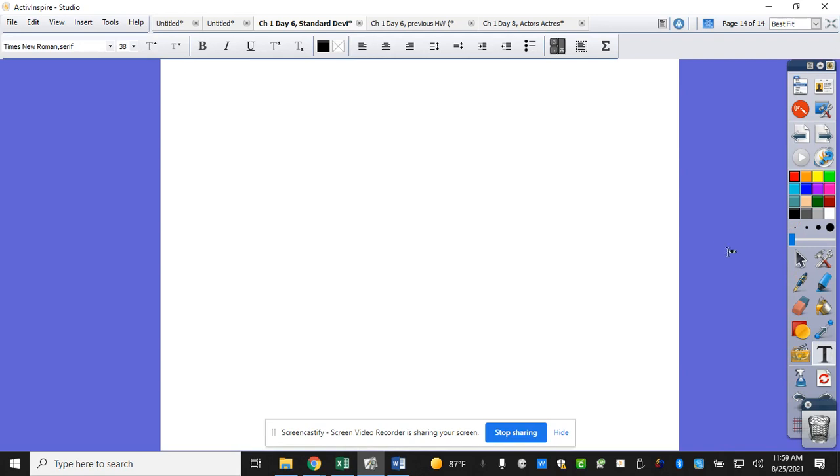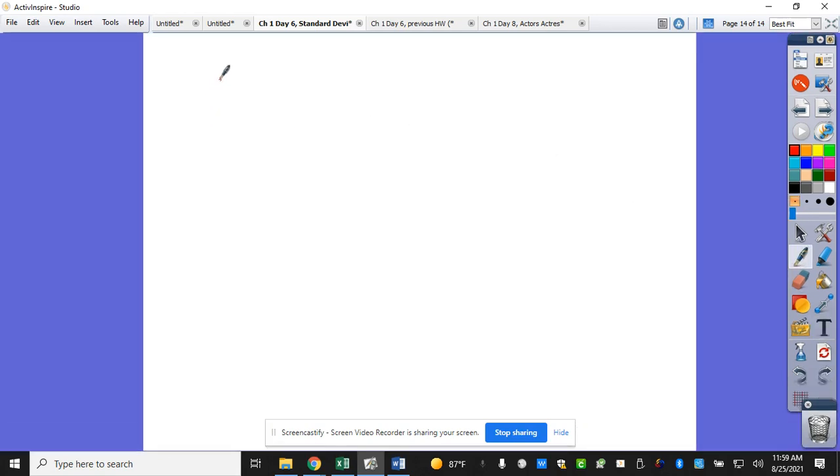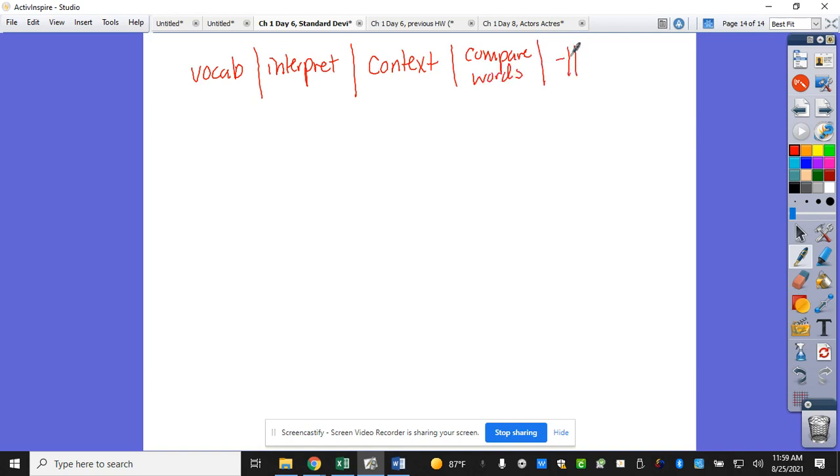Things that I am looking for are vocab, interpret, context, compare words, and numbers. Now, sometimes it's harder to do numbers than others,